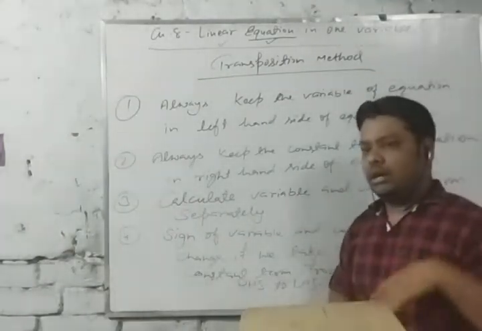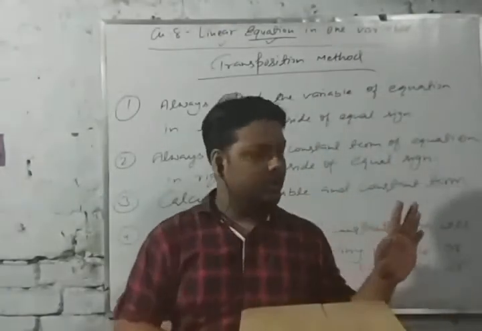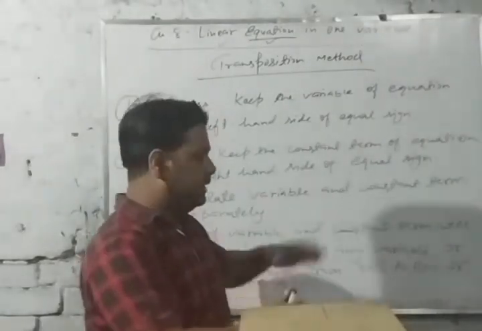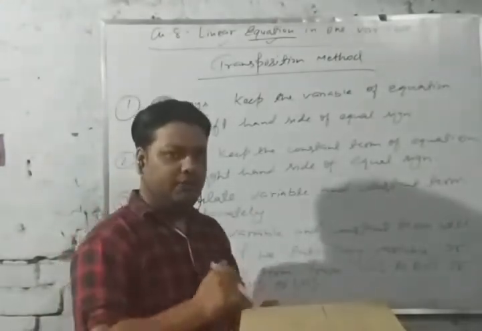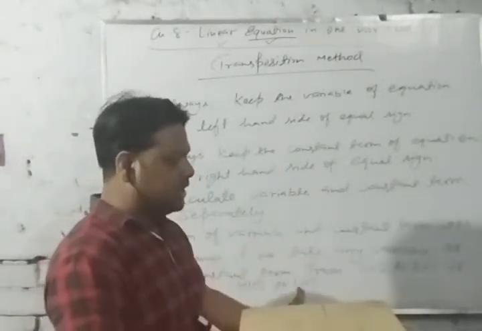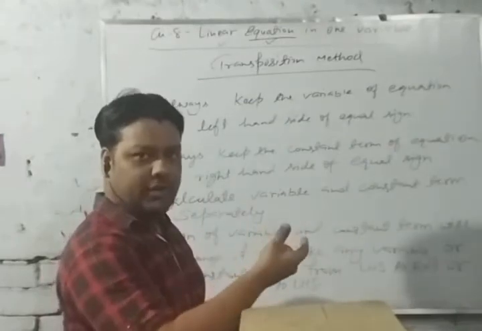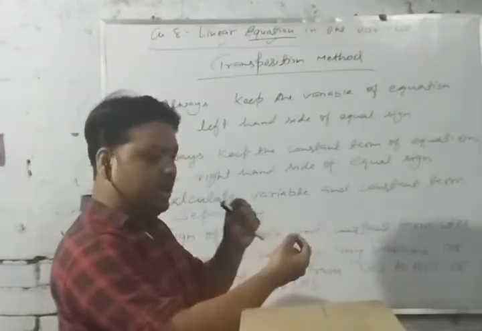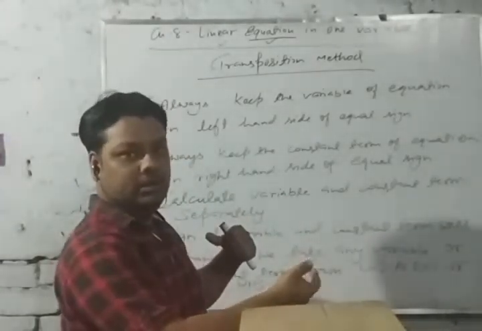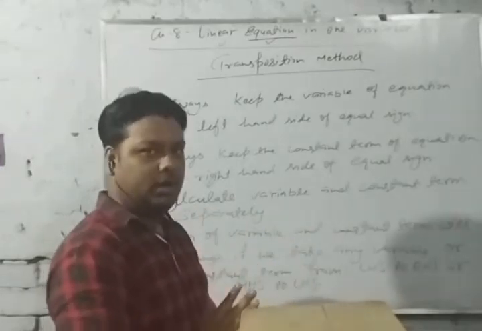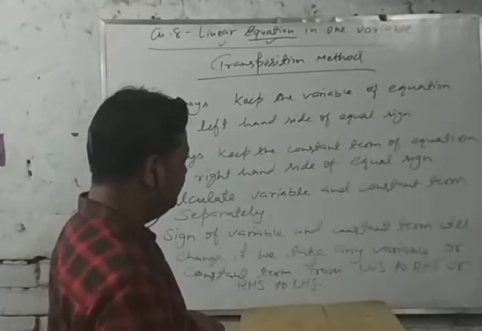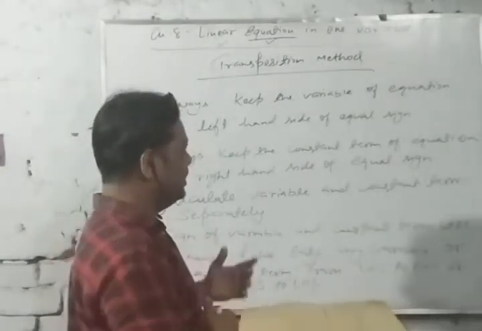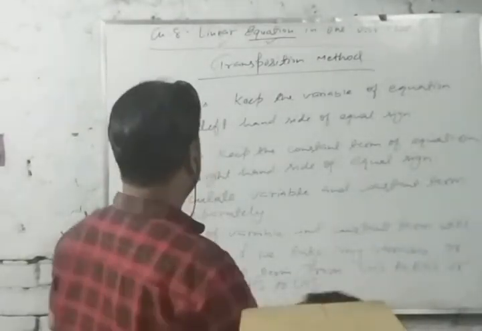And at last, the right hand side means the constant term. We will take the constant term to the right side of the equal sign, and the left side of the equal sign will be the variable. It means the answer we will get is a constant value. Then that constant value will be equal to the variable which is given in the equation. Okay, so now everyone, let's solve one question based on the transposition method, then we will clear all our doubts. Okay, let's see.